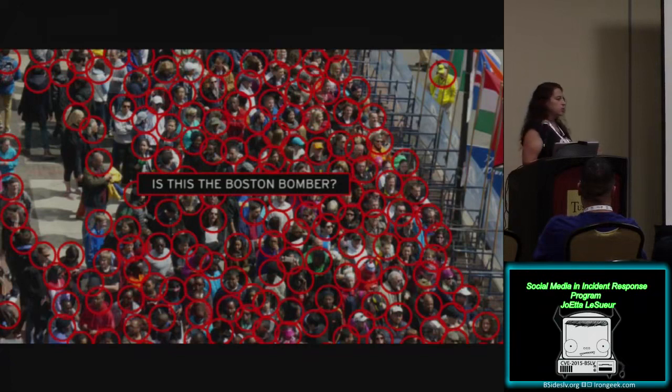We had users on Reddit that were following those hashtags and created a subgroup where they gathered all that social media information. And then what happened? They started trying to figure out who the bombers were. In this case, some people were innocently accused of being a bomber. So I bring this up as an example of how misinformation can spread quickly.